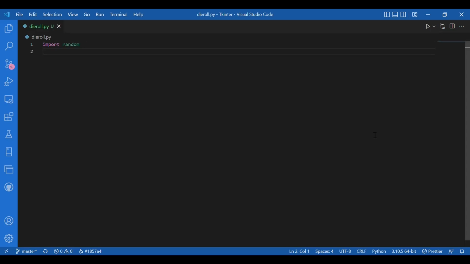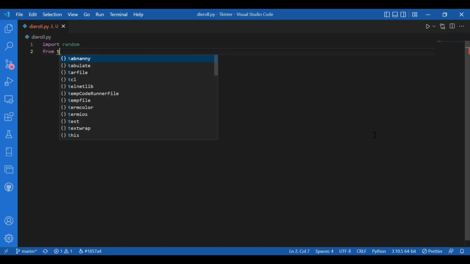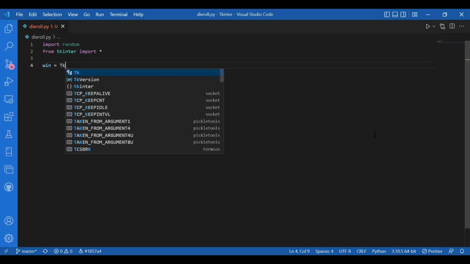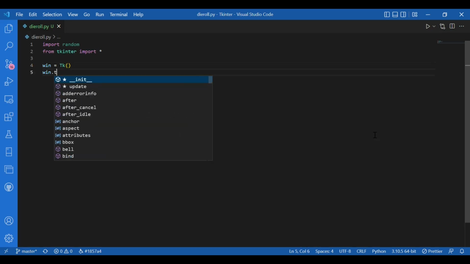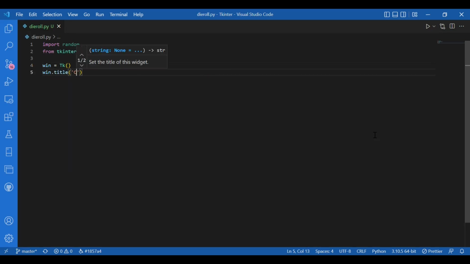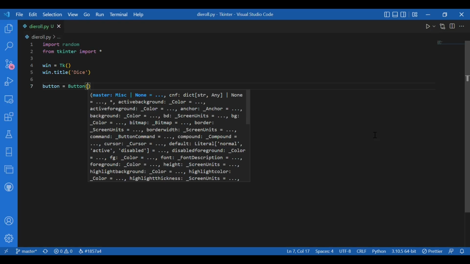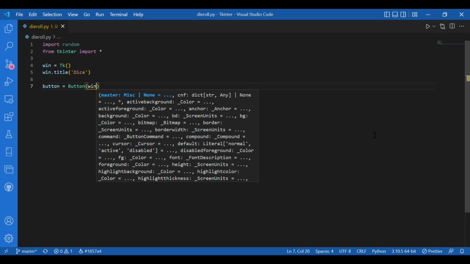So let's get started. I'll first import Tkinter, or rather I'll write from tkinter import star, and I'll write win equals Tk, and win.title, let the title be Dice, and I'll add a widget, so I'll write button equals Button. Where do I want the button? I want it on the window, so I'll write win,